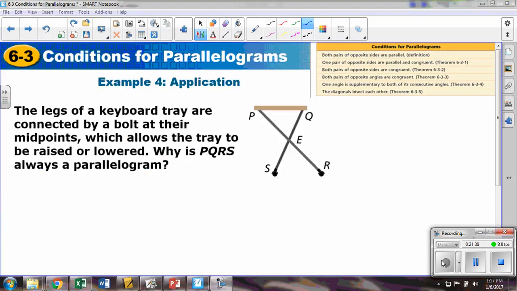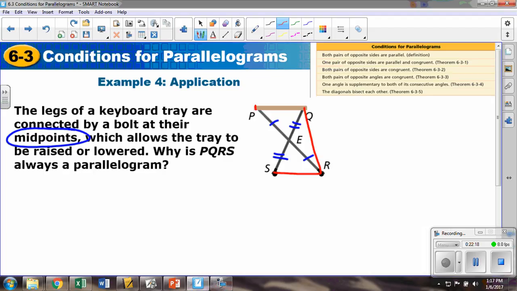And here's our last problem of the day. Legs in a keyboard tray are connected at their midpoints. I want to emphasize connected at the midpoints. Why does that force PQRS to be a parallelogram? Well, if they're connected at their midpoints, the midpoint means that the left and right hand sides are the same. And so left and right hand sides are the same. If we fill this thing in,